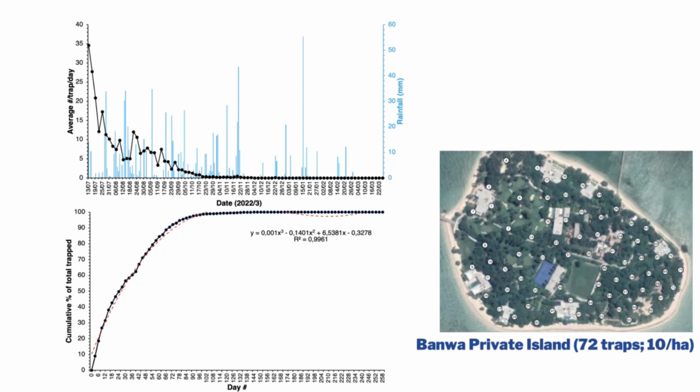And what you see here in the top graph is the average number of mosquitoes per trap per day. As you can see, we started off with some 35 mosquitoes per trap per day. So that means, with 72 traps, close to 2,200 mosquitoes per day were taken out of that population. But interestingly, and this is very significant, over a time frame of just 4 months,